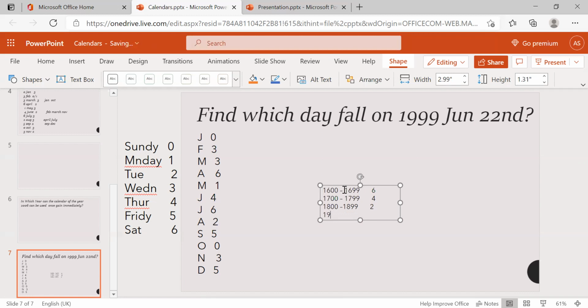And 1900 to 1999 is 0. And it will repeat every 400 years.